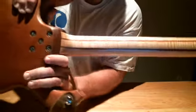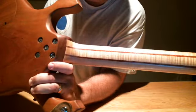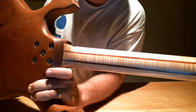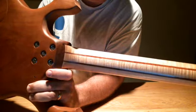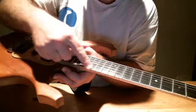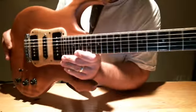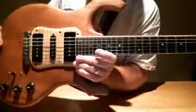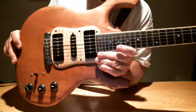You can see that he does all his necks as laminated necks. So what we're looking at here is a laminated neck that's beautiful flame maple, and these are rips of babinga, and it's all sandwiched together and glued with a solid ebony fretboard and with maple edging on the sides. That was all my custom order. Blue abalone dot markers for a 24 fret neck. The neck is a 25-inch scale, 12 radius, and